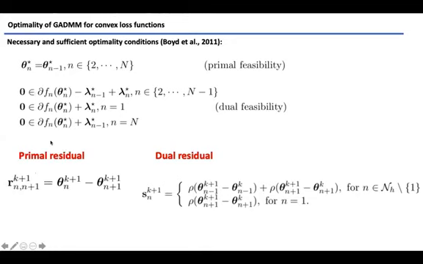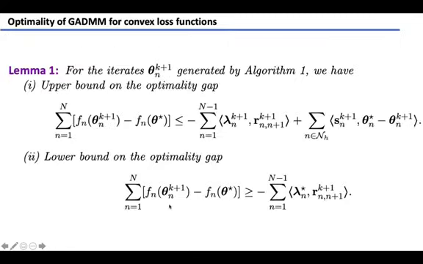At iteration k plus 1, we define two terms. The first term is the primal residual, which is equal to the model of the nth worker minus the model of its right neighbor, and this will go to 0 at the convergence point. And the dual residual, which is defined for the head workers, and it's a function of the difference between the current and the previous model of the left and right neighbors of worker n. This term will appear in the Lagrangian function at every iteration, and we'll show eventually this term will also go to 0.